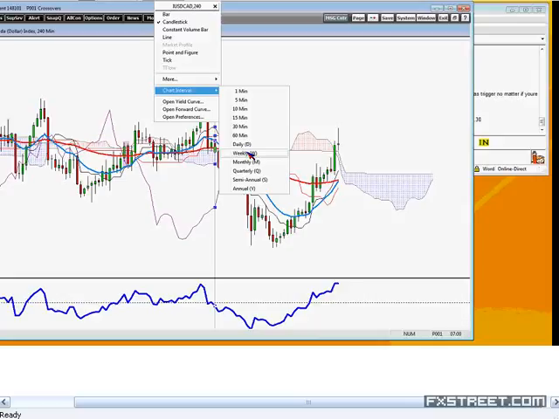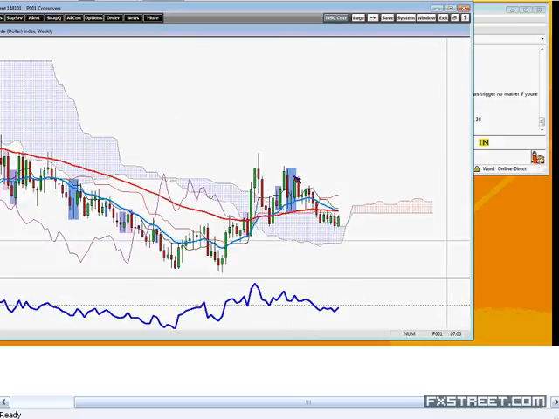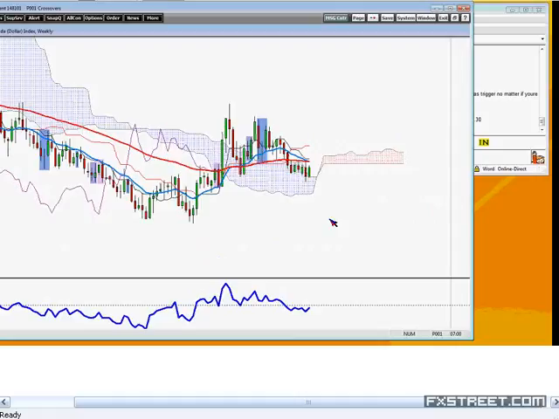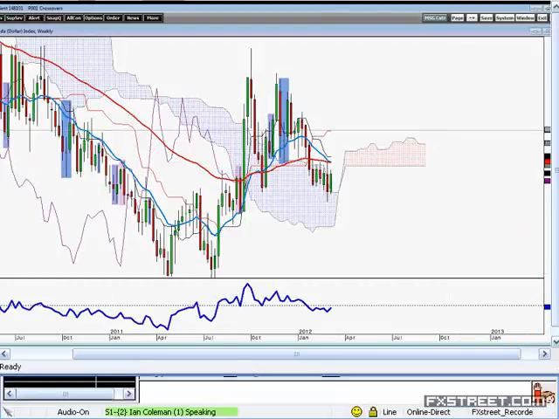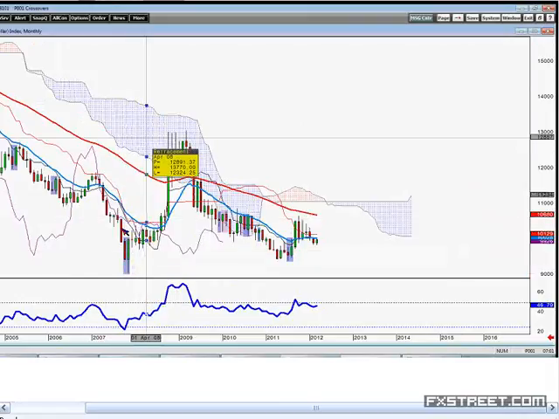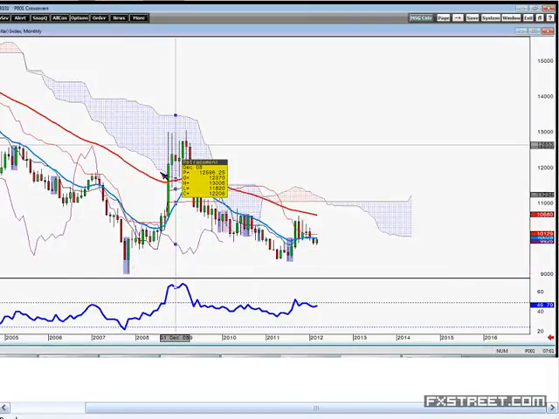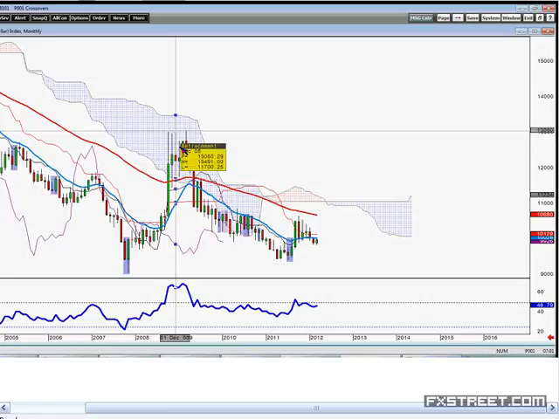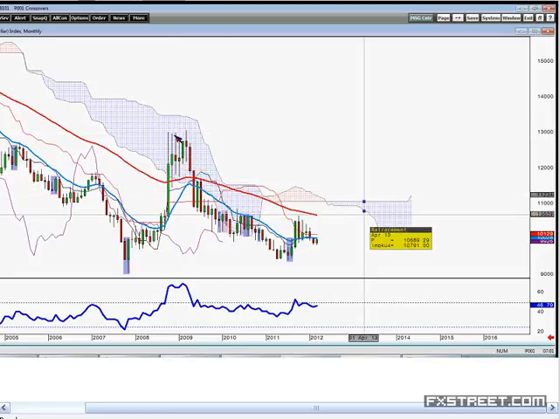I know a lot of guys that will just purely look at 4-hour reversal candles, and then they'll hunt down to see whether or not that reversal candle was in an area where they expected it to be. Monthly doesn't really show us a lot. We've got a decent reversal candle here, took us up into the cloud, loads of spikes, rejections, whatnot,